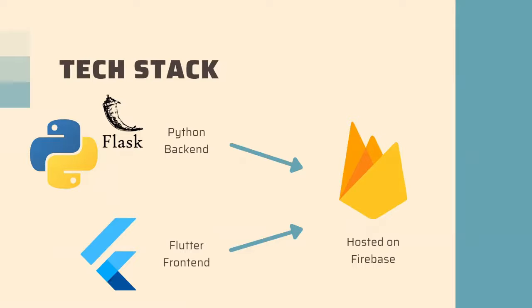So our tech stack is based on Python for the back end using Flask, Flutter for the front end, and it's all hosted on Firebase. We decided to go with Python for the back end because of the vast amount of machine learning and scientific libraries available. This was essential for our use case, which is heavily dependent on algorithms and machine learning. We decided to use Flutter for the front end because of its cross-platform ability. In the future, we are able to use this as an iOS or Android application. The simplest way to get this hosted was on Firebase, and that's what our team had experience with. And so we were able to get a quick MVP running on Firebase.